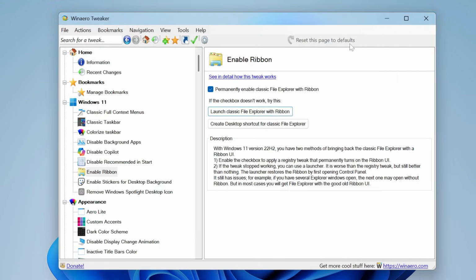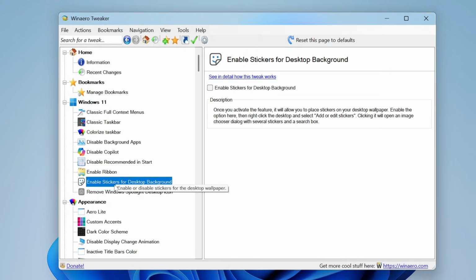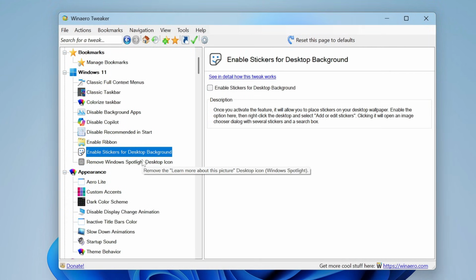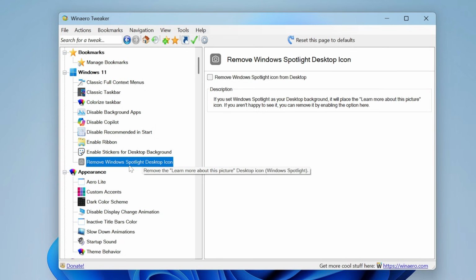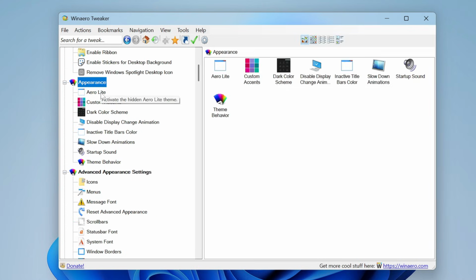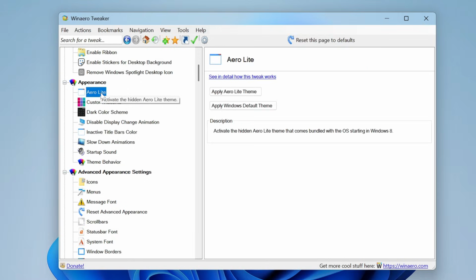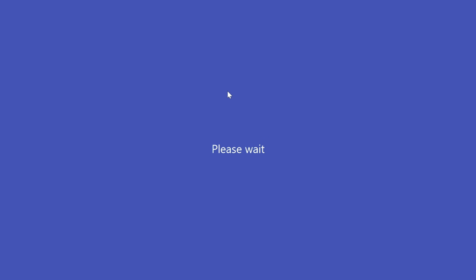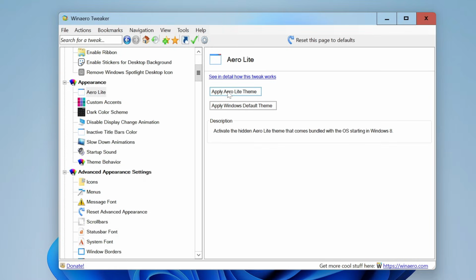Next you have many other options like enable a sticker, remove Windows Spotlight desktop icon, and if you want to do that, you can go ahead and apply it. Now let's come to the appearance section, where you can manage the Aero Lite. You can apply the Aero Lite theme by clicking on it, and the theme will be applied. And if you want to disable it or apply the Windows default theme, then you can go back